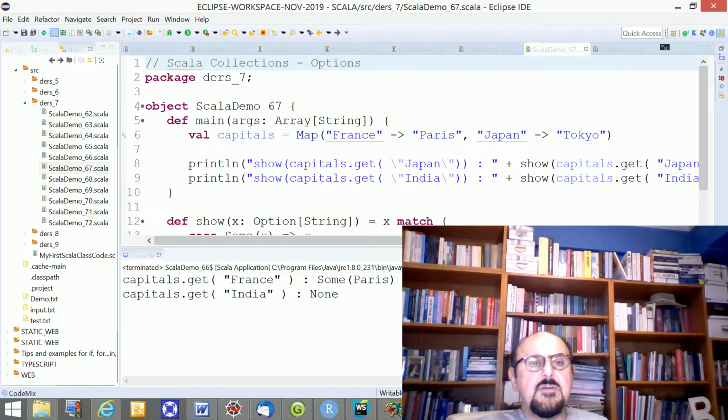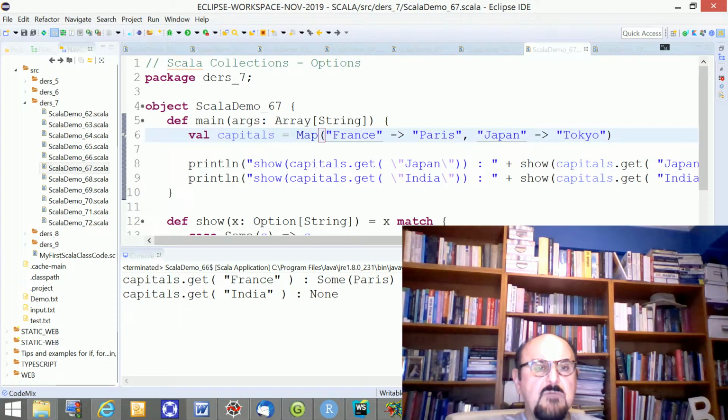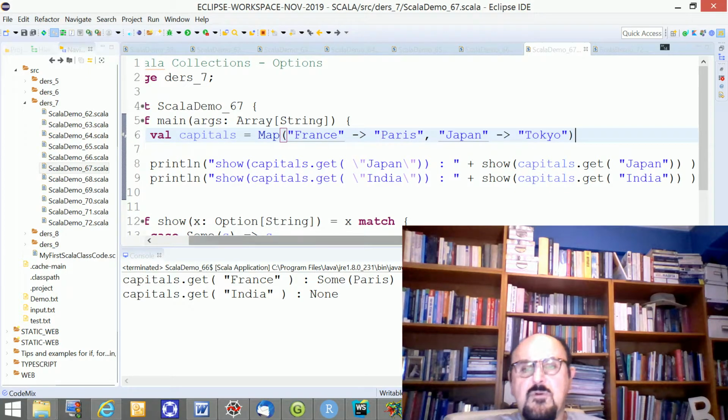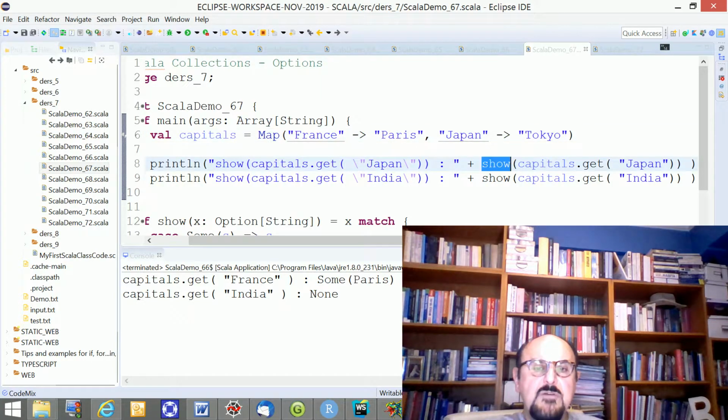Okay, we're going on to collections. This time we keep the same map structure once again, as the capitals variable. And this time I'd like to show you the usage of the show dot get structure, by writing show open parenthesis capitals dot get for Japan, and the other line is show open parenthesis capitals dot get for India. And after that,